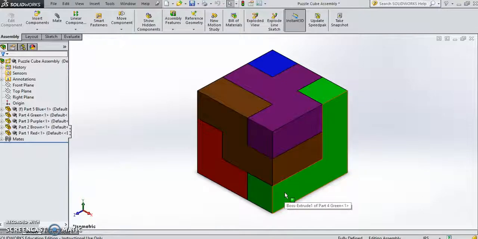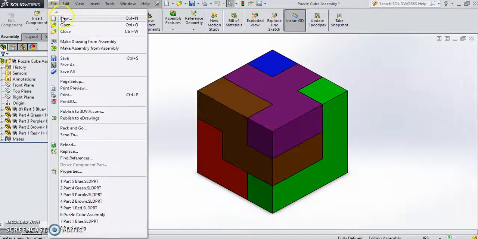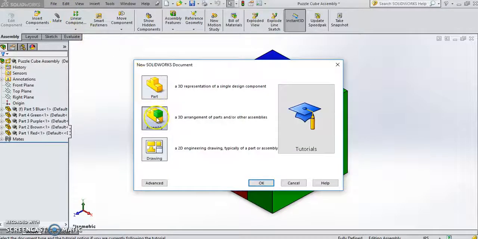Hello, this is Mr. Jarrett, and in this video tutorial, I'm going to demonstrate how to assemble your puzzle cube using the assembly file and the assembly constraints. So first, you need to start out by going up to File and New, selecting the assembly file, hitting OK,